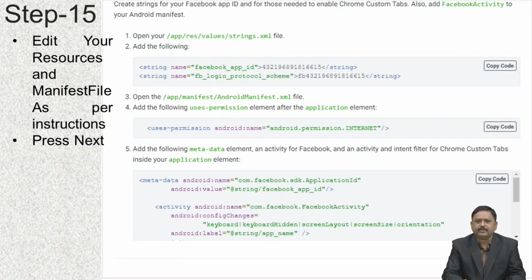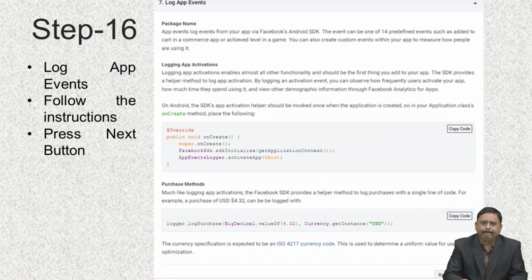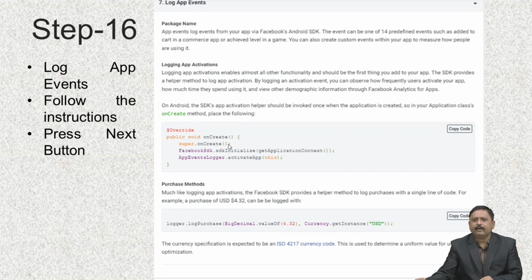So next step is to make necessary changes in your manifest file and resource file, and after that you can add log app event functionality to your app. Now for that, you have to add these two lines inside onCreate. Now this is explained here.